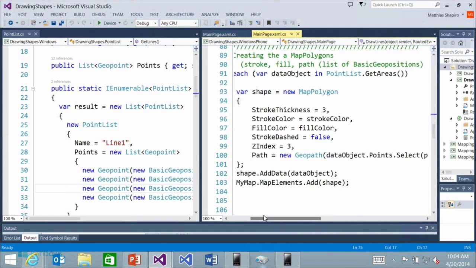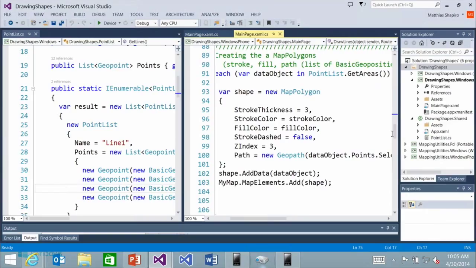Well, why don't we just pull in a list of geolocations? The reason is that Windows Phone uses geolocation, but Windows uses geopoint. So this data structure creates a list of geopoints, and now that list can be used for Windows Phone or for Windows, but on Windows Phone we just dig into that geopoint and get the basic geopoint that we're going to end up mapping.